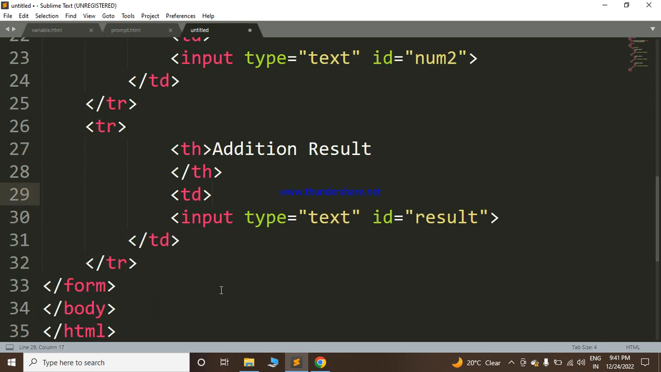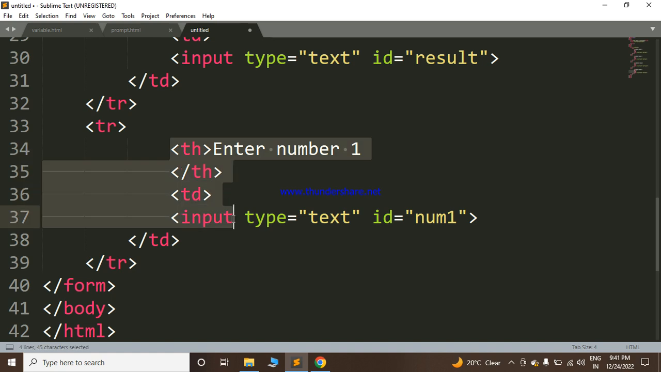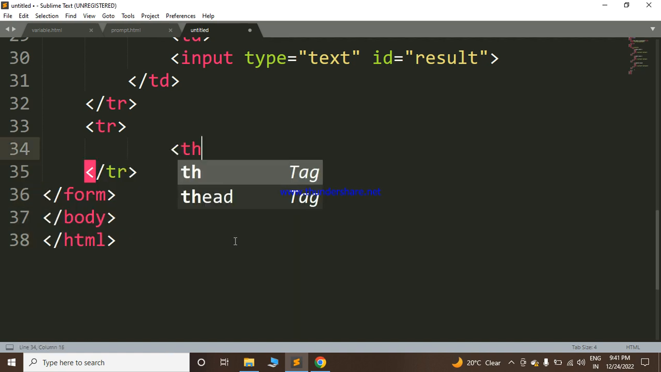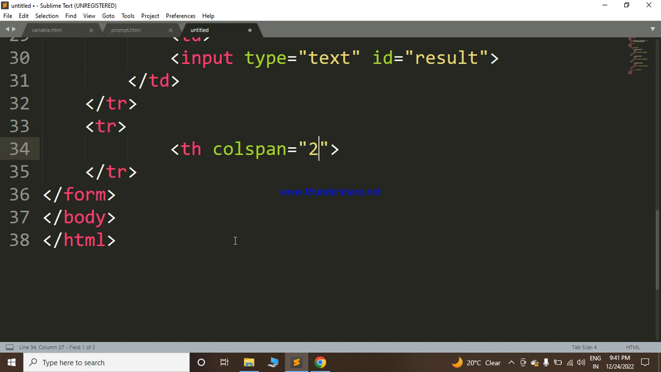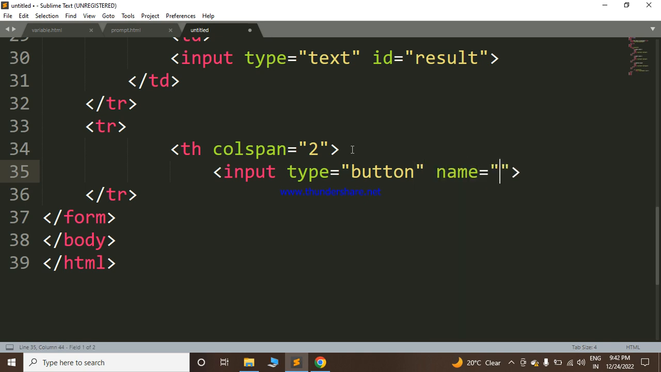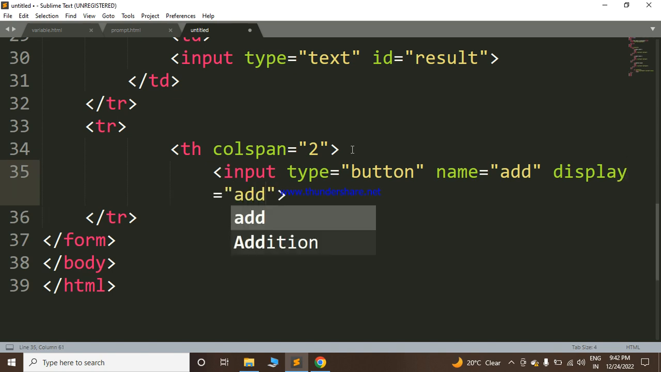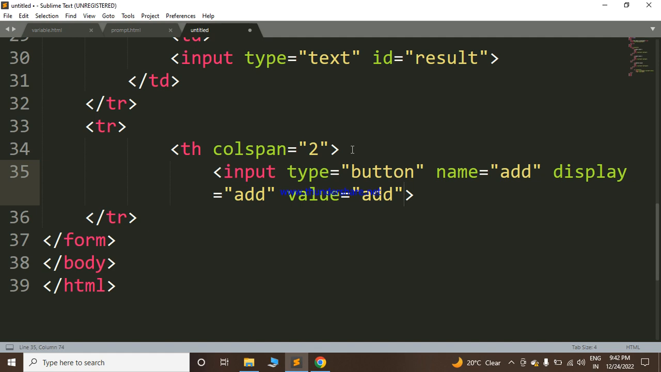We are taking one button, right? That should be tr. Within tr we are writing th colspan 2, and here we are writing input type button, name add, display add, value add, on click